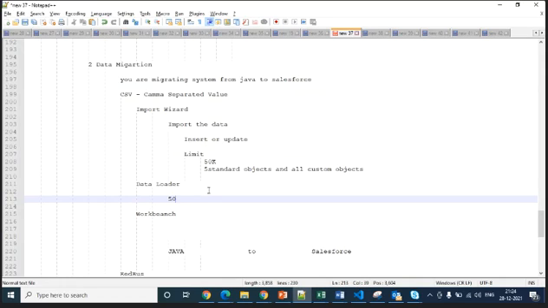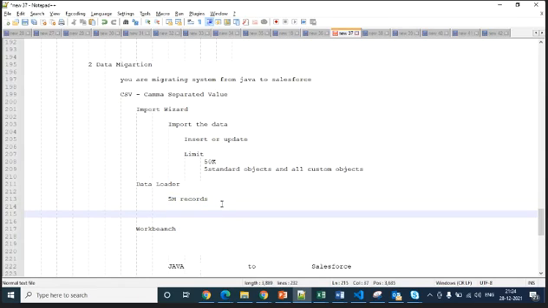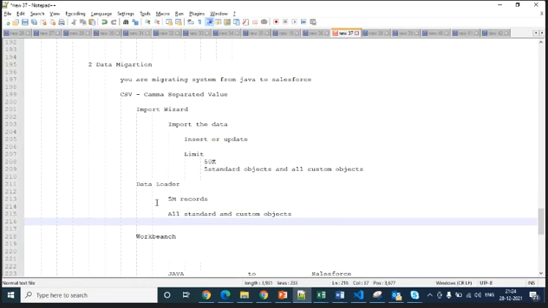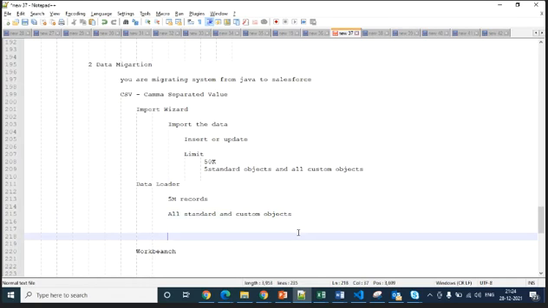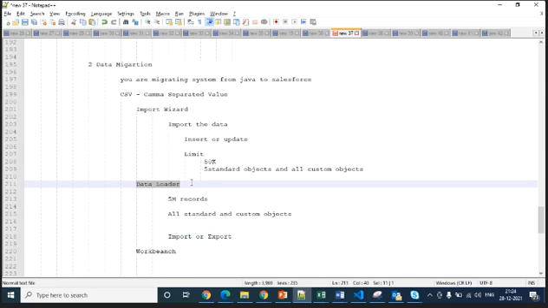You can process 5 million records through the data loader, and it will support all standard and custom objects to insert the data, and you can also perform either import or export. So we don't need to use import and export separately. We can do both things in a single platform called data loader.